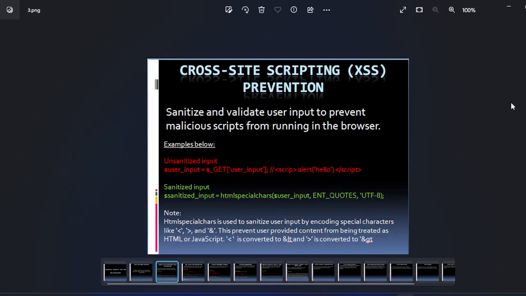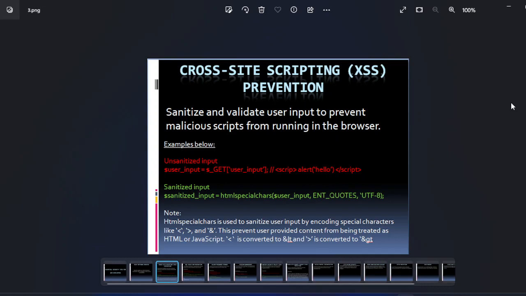The second one we're going to look at is cross-site scripting prevention. This happens when users submit malicious scripts as user input and redirect your user to their website, and they can have those users do something that they do not really want to do without even knowing that they are doing it. So one of the ways to prevent this is to always validate your user input or